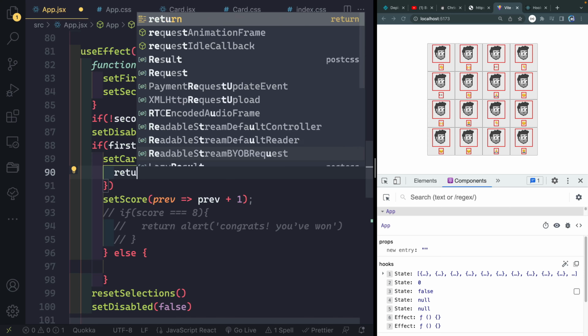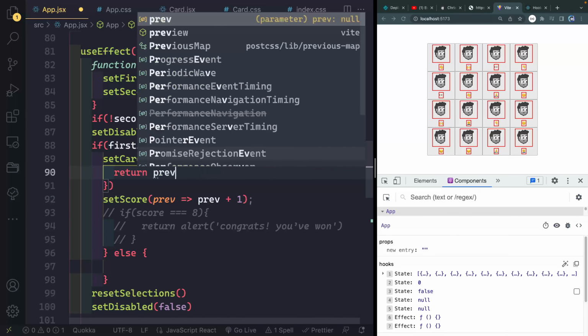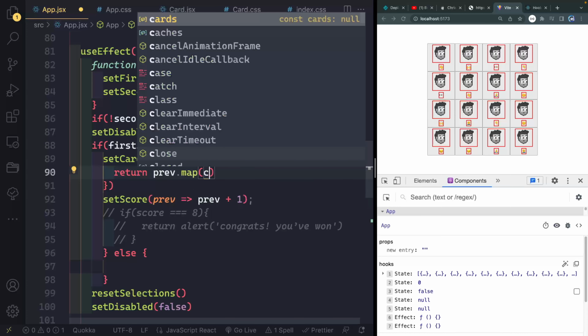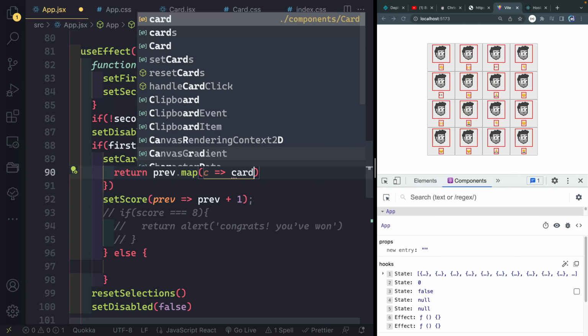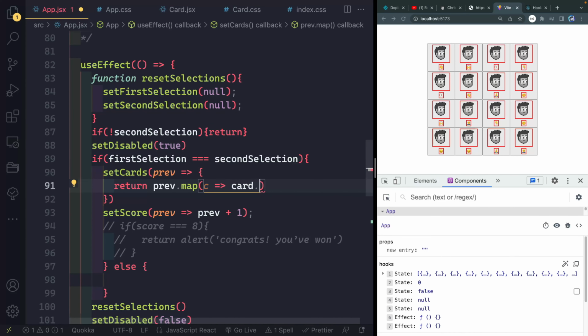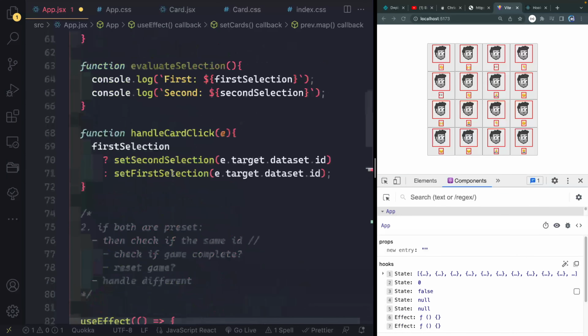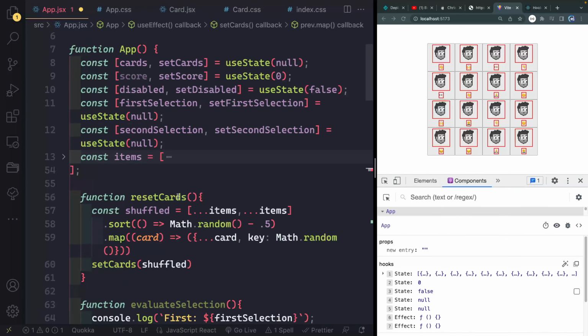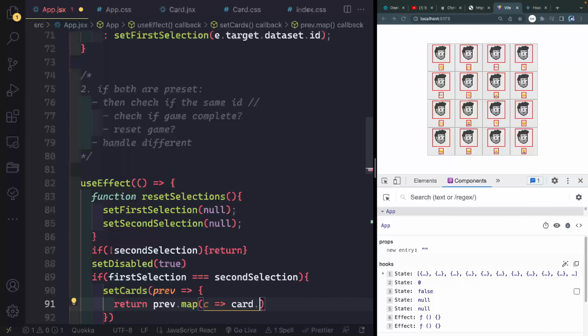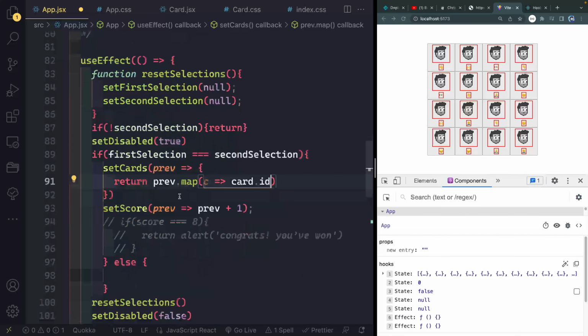Yeah, so if I return my previous dot map and I take in my card and I just return, let's see, card dot, what is it going to have? The ID should be the thing I'm tracking. Yeah, so ID. Because it should have a key on it as well, but that's just randomly generated. So if that equals